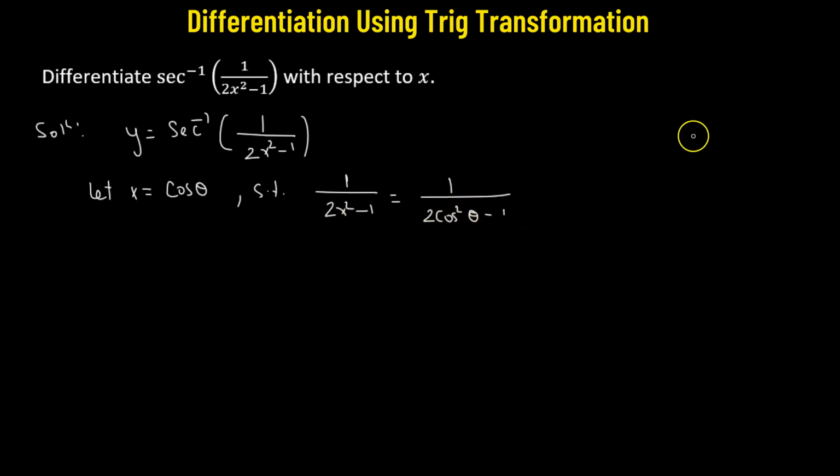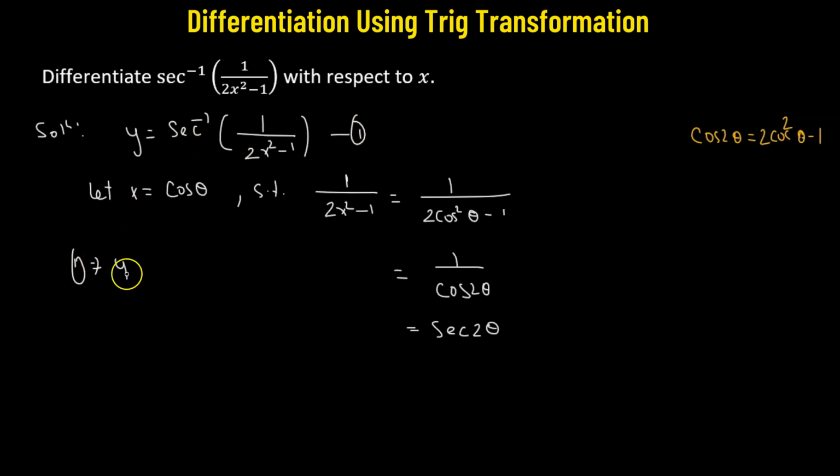Now we have an identity: cosine of 2 theta is given by 2 times cosine squared theta minus 1. That means in the denominator we can replace it with 1 over cosine of 2 theta. The reciprocal of the cosine function is the secant function. So we have secant of 2 theta,